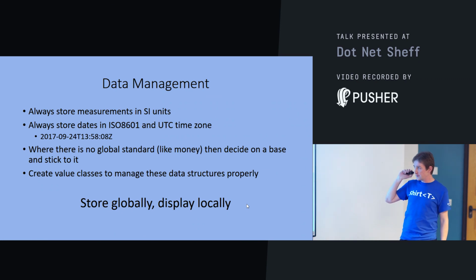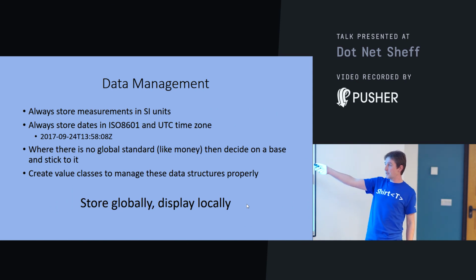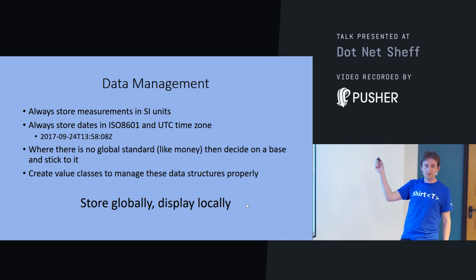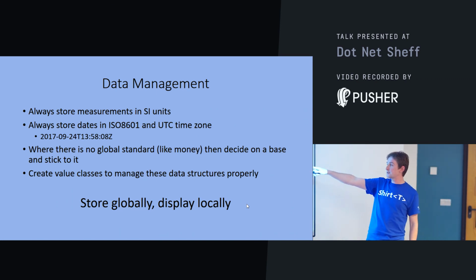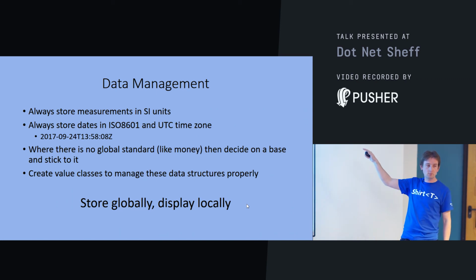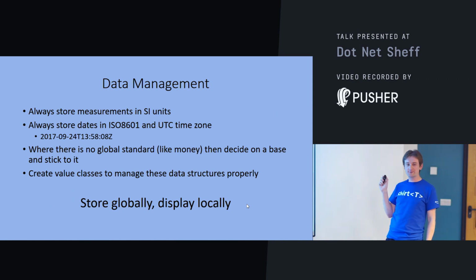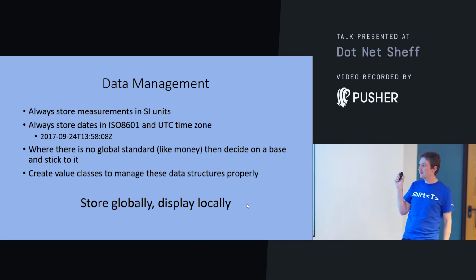Same thing for dates. Use ISO 8601 and a UTC time zone. ISO 8601 will put the time offset at the end. That Z at the end means it's in UTC, but otherwise you get +1, +5, that kind of thing. So .NET will parse that correctly. But if you're trying to figure out what's gone wrong in a database and you've got multiple time zones and you don't know what time anything's happened in, you're making life really, really hard for yourself.